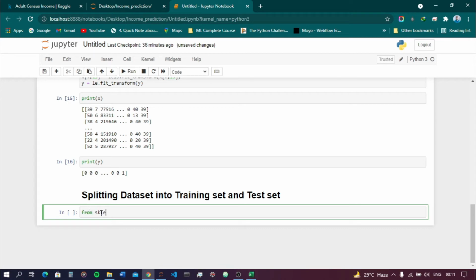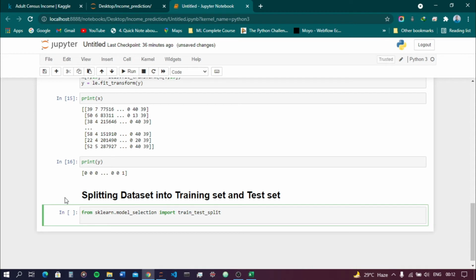For splitting the data set, from sklearn.model_selection we are going to import train_test_split. Let's define the variables because we have to split: x_train, x_test,